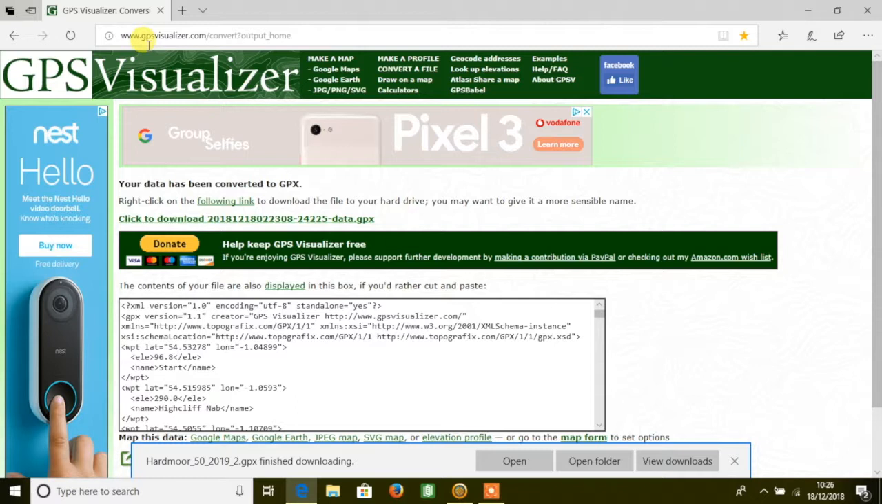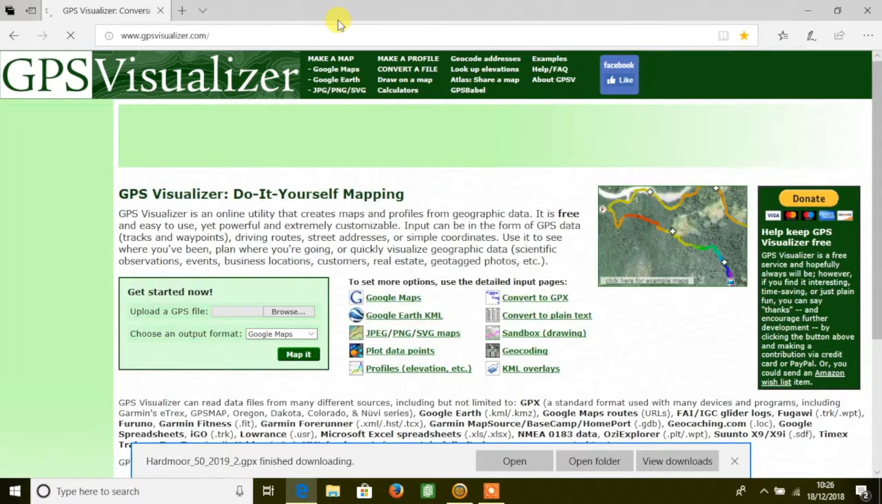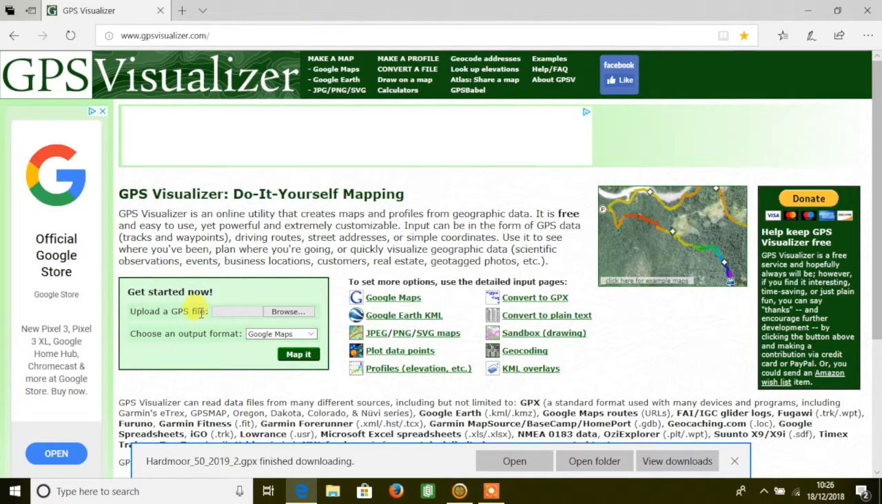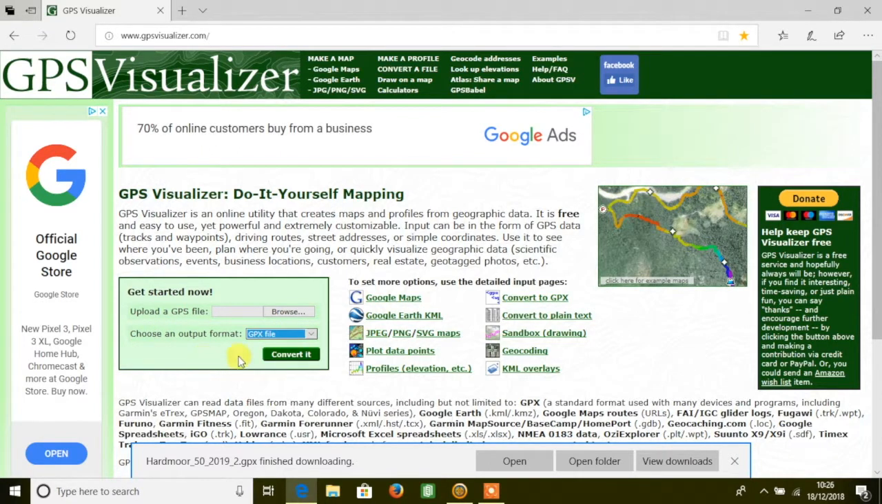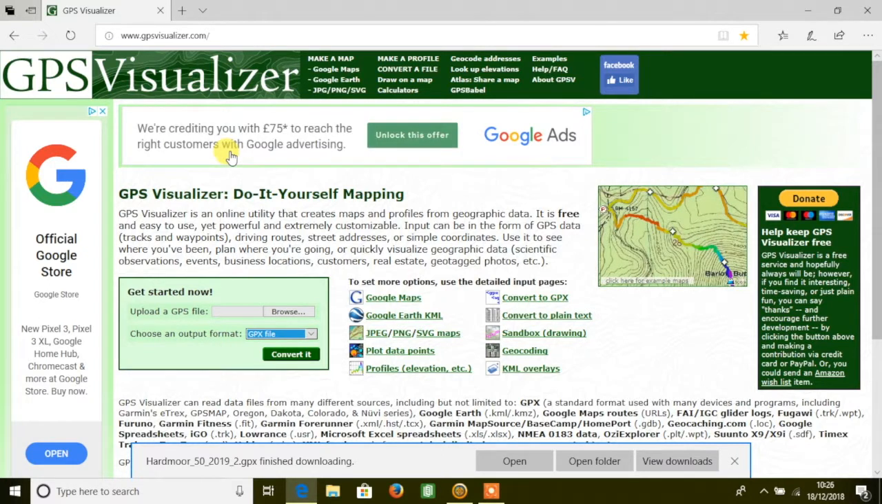www.gpsvisualizer.com, and on that website, I'll just go back to the home page once more and show you that overview again. So when you're on gpsvisualizer.com and you first open it up, it's got this box that says get started now, upload a GPS file. You just click on browse, find the GPX file that you've downloaded that you've got the problem with and select it, and where it says choose an output format, remember to select GPX and then click on convert it, and then you'll get the download box that appears at the top to download the file and retry and import it